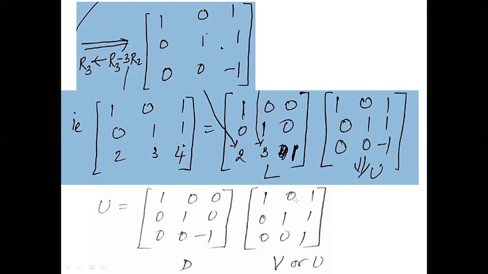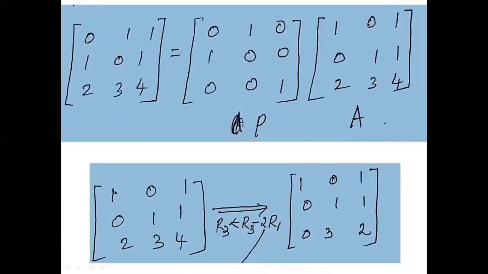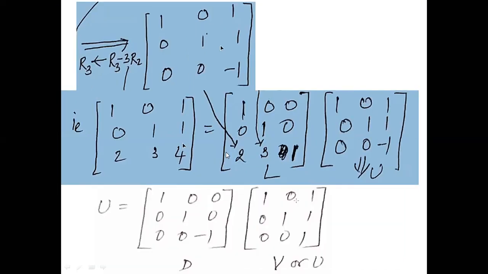And I get the other two factors, 2 and 3, by the row operations which we have done. So the first operation which we have done is R3 minus 2R1. So this is almost like R3 plus minus 2R1. So I take 2 here. The second operation which we have done is R3 minus 3R2. So this is R3 plus minus 3R2. So you get a plus 3 here.